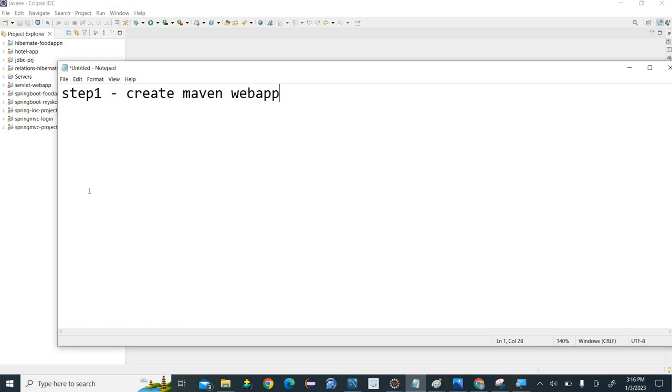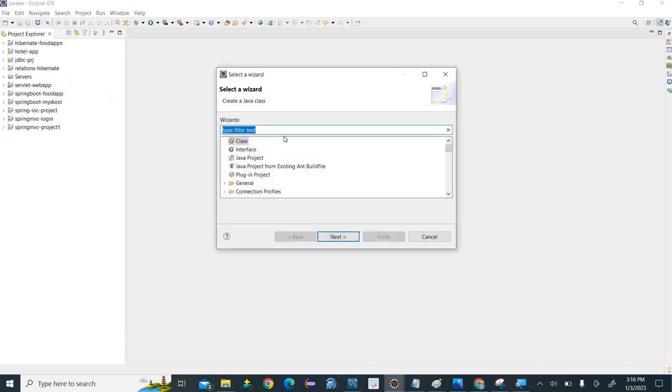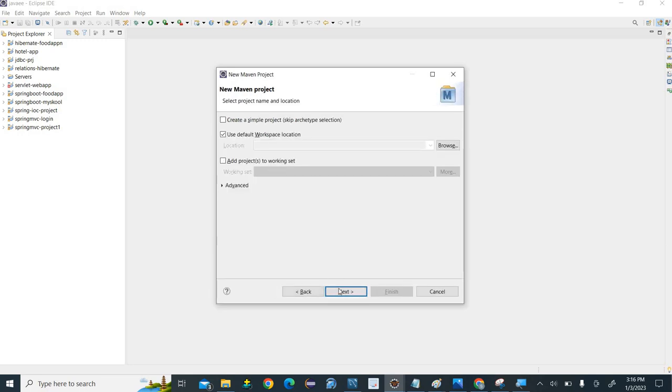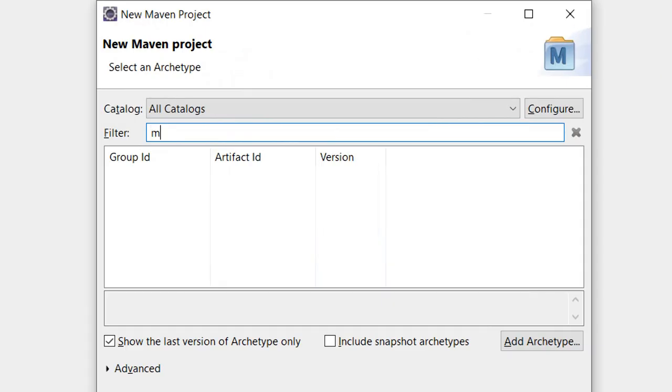So Control N, and search for Maven. Select the Maven project, and here you click next. Click next, and here you have to search for Maven